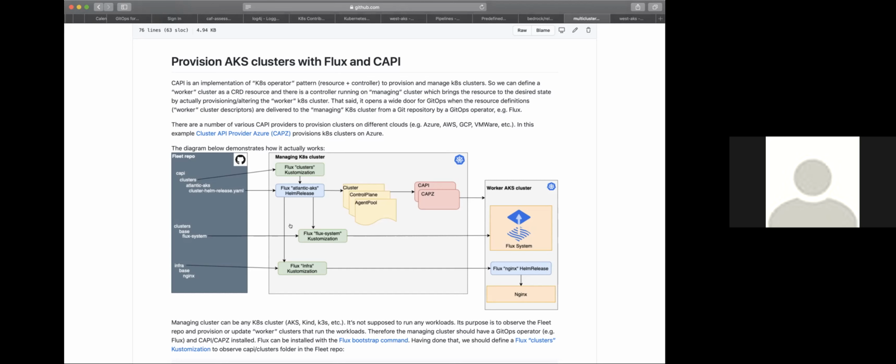In a while, a new cluster magically pops up with Flux installed on it, and with all required in my organization infrastructure set up and running. So, for example,